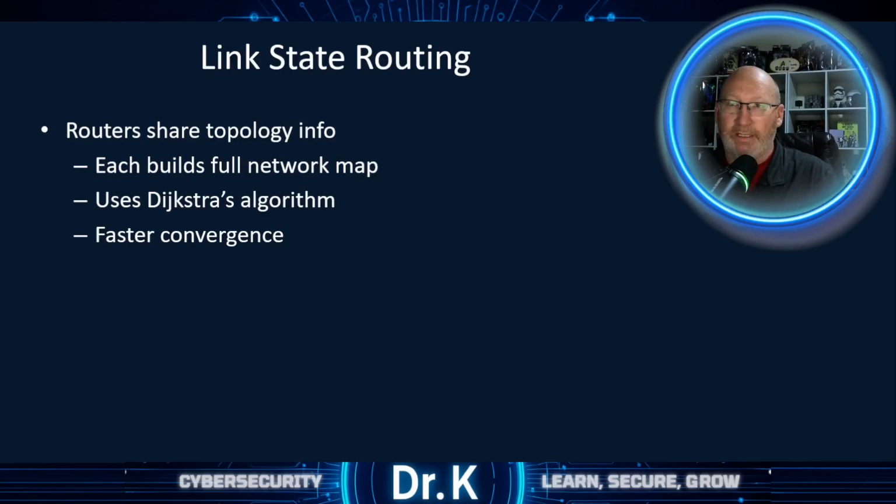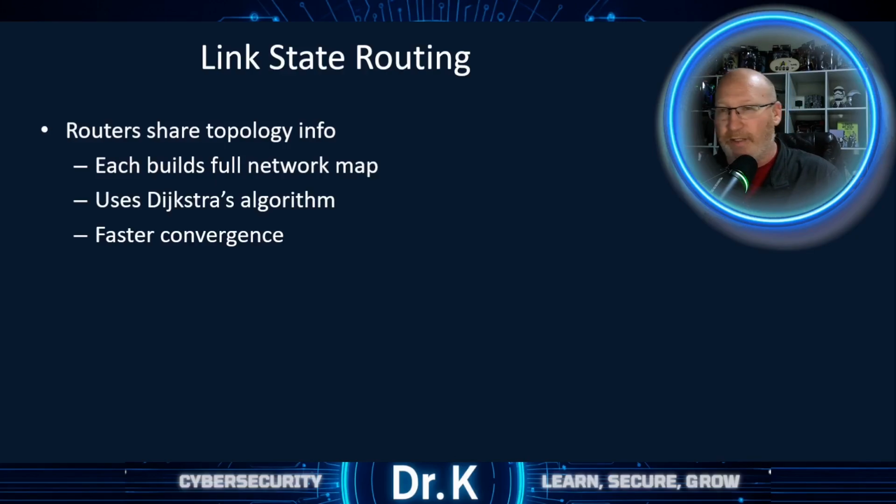Now let's take it a step forward. Link state takes a different approach. Instead of just sharing distances, the routers share information about their direct connections, who they're connected to, what the cost is, what's up, what's down. Every router builds a full map of the network, and this runs on, I'm going to murder this name, Dijkstra's theorem. That's what I'm going with. Locally to compute the shortest path. Yes, I'm not going to pronounce it right, but it's Dijkstra. I'll let you figure that out. More information, more processing, more overhead, but way faster convergence when something changes. It's the difference between, hey, ask around for directions, and hey, here's the entire GPS map, calculate your own route.